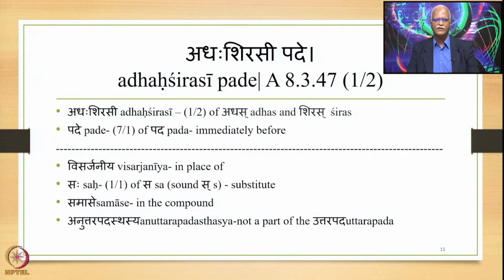Now let us look at the next sutra 8347 Adhashirasi Pade. This sutra has got two padas, Adhashirasi and Pade. Adhashirasi is 1/2 of Adhas and Shiras, Adhashiras. So Adhashiras is made up of Adhas and Shiras,